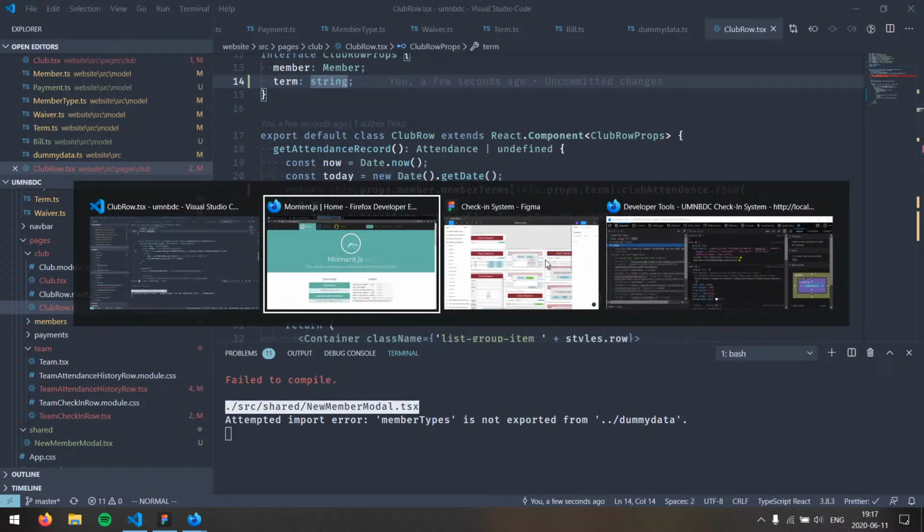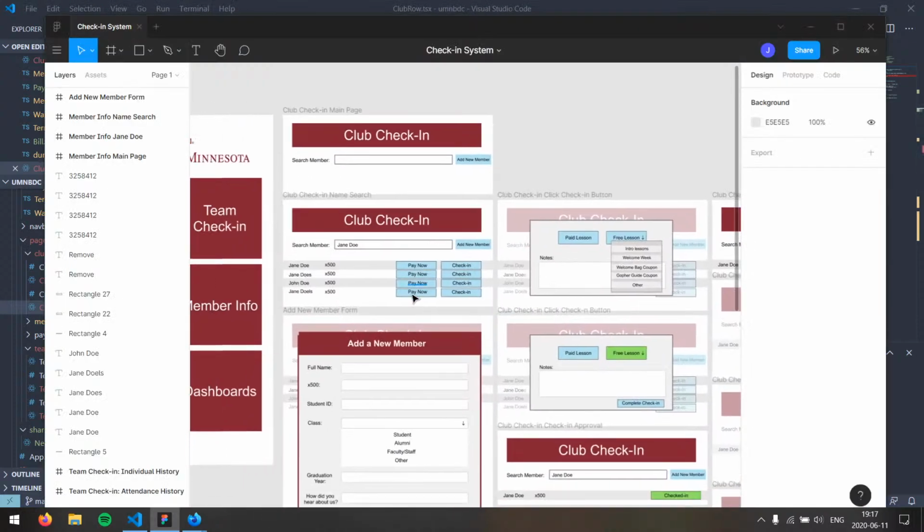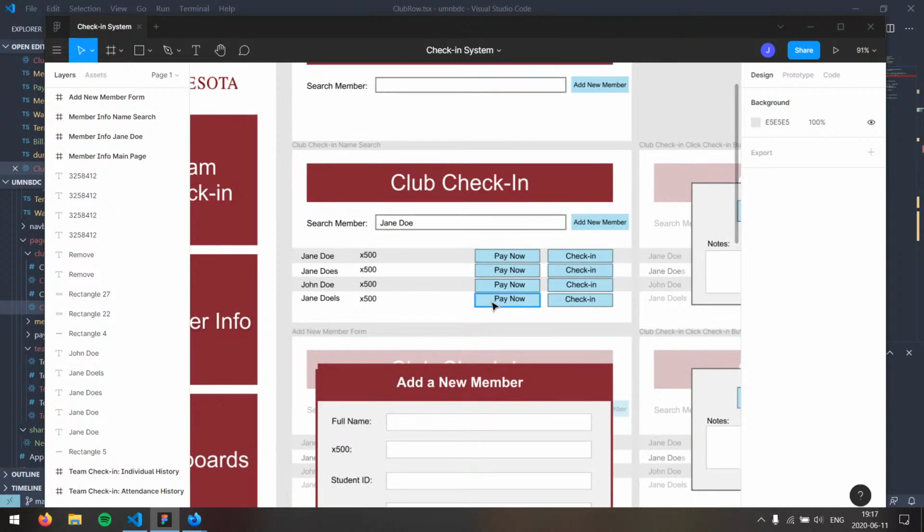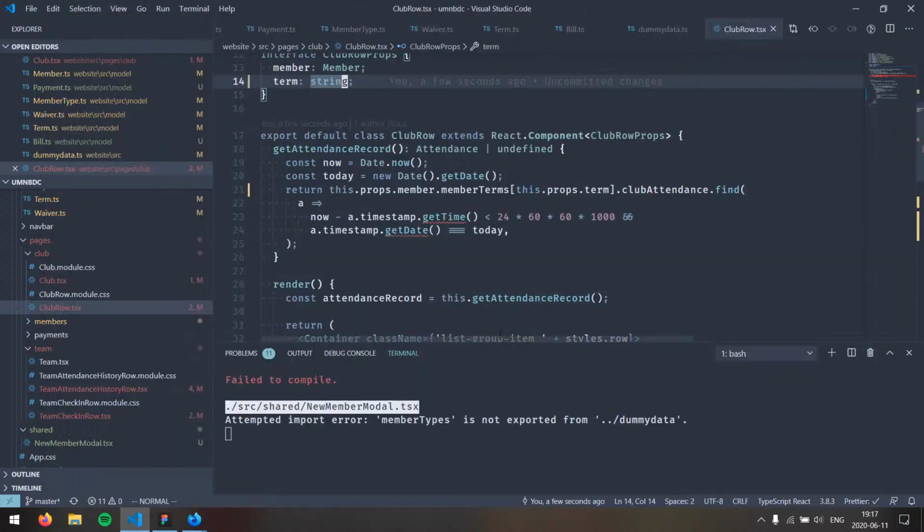Let's see. Got to clear my head a little bit. What are we looking at here? So we will need to know the current term in order to display payments. I wonder if we grab from the last term. No, we will still need the current term, so we'll leave that there. If the term doesn't exist though,